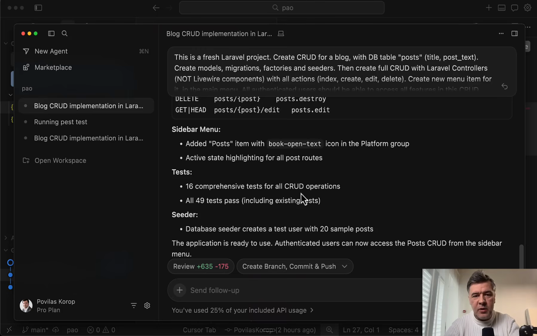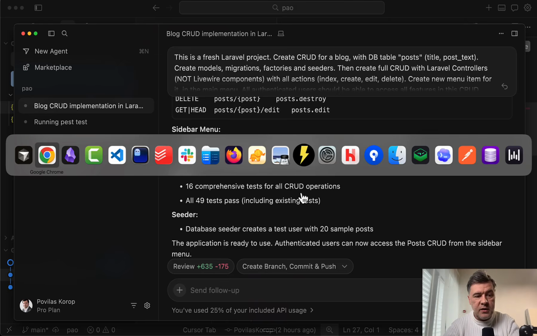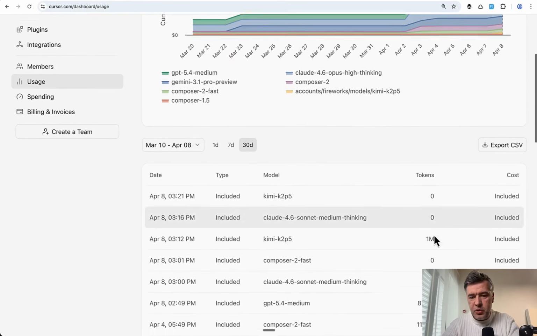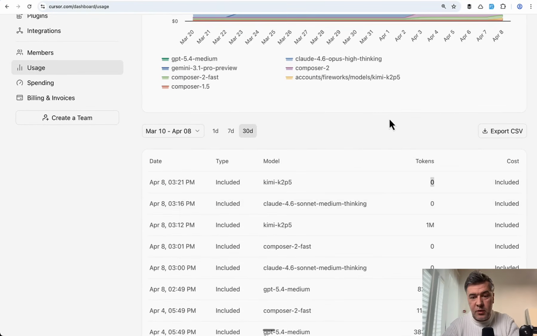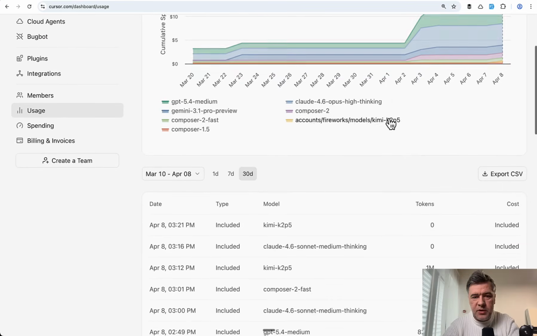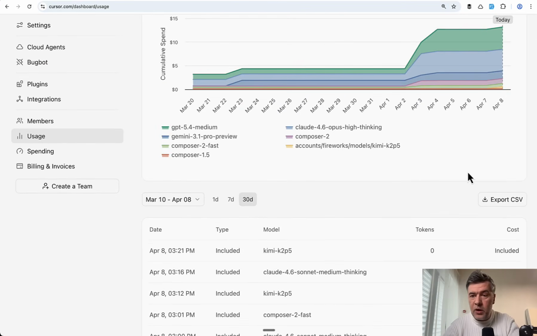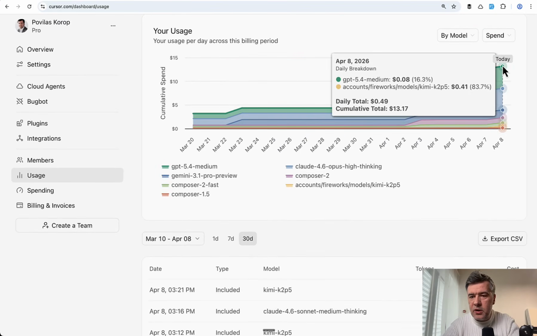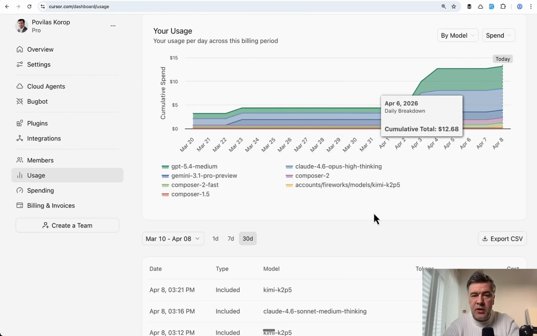As I said, this is typical behavior especially for cheaper models. They generate the code, then the tests fail, and then they start fixing. In this case, it was a simple CRUD, but for more complicated operations, it may be quite a lot of running in circles. Now let's see the Cursor dashboard, and it shows 0 tokens for that Kimi request for whatever reason. I don't know. Maybe it's a bug on the Cursor dashboard side, or maybe that was a free request. So I don't even know the difference and cannot really compare the before and the after, but